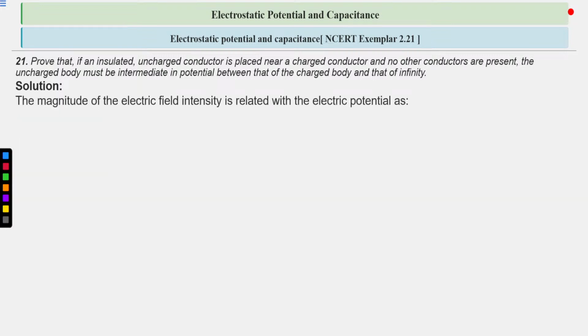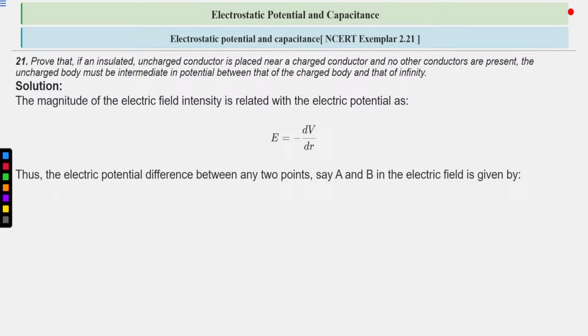The magnitude of the electric field intensity is related to the electric potential as E equals minus dV by dr. Now, what is the electric potential difference between any two points, say A and B, in the electric field? The electric field is related to potential with this relation. So between any two points A and B, the potential difference is given by